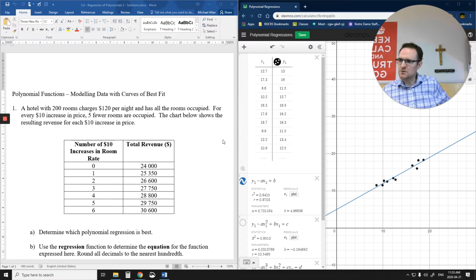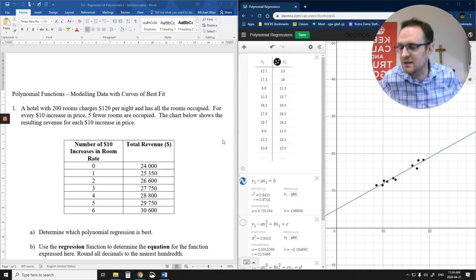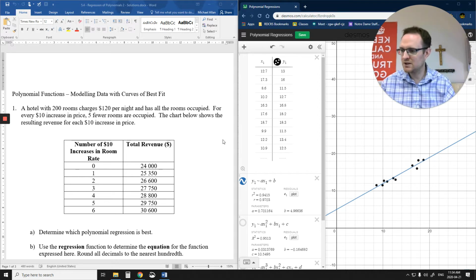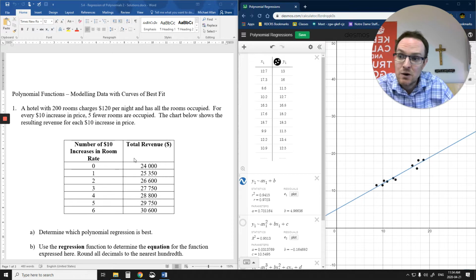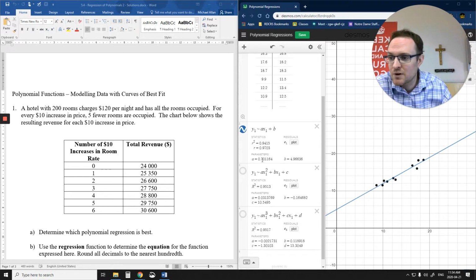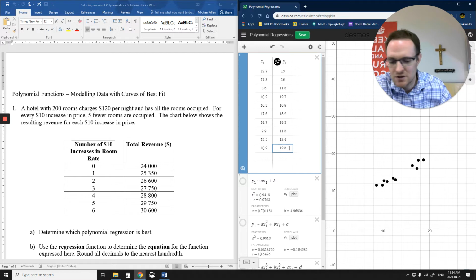Okay, so I'm back. Today we're going to do the worksheet for modeling curves of best fit rather than the linear ones. This one we actually have to determine which polynomial will be best. It could be a straight line, a quadratic, or a cubic. So I'm going to turn them all off. You just look at the R squared values for these previous ones here. So here, hotel rooms are charging,